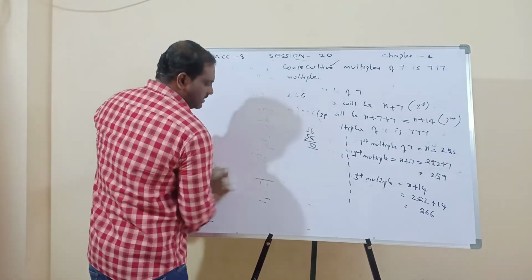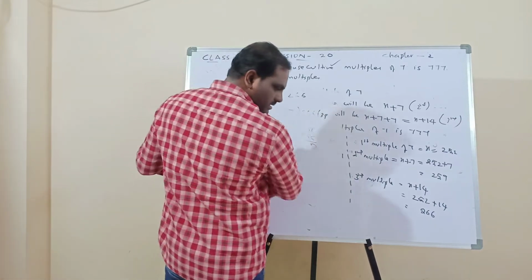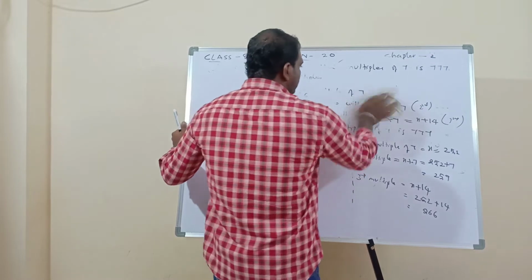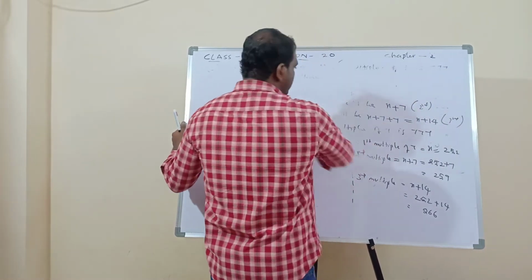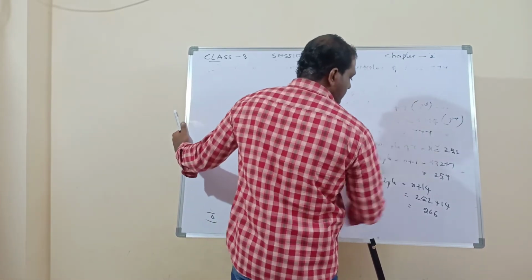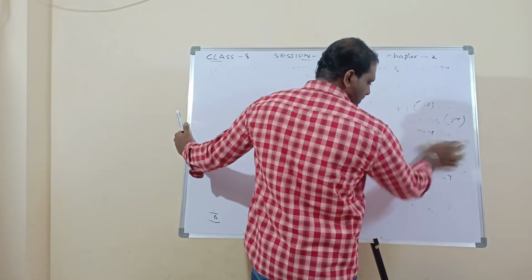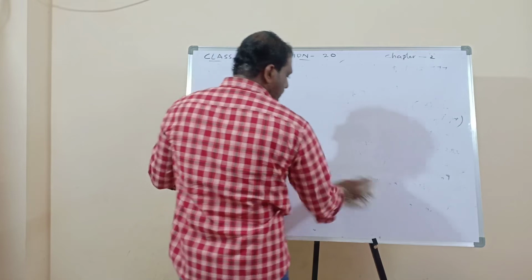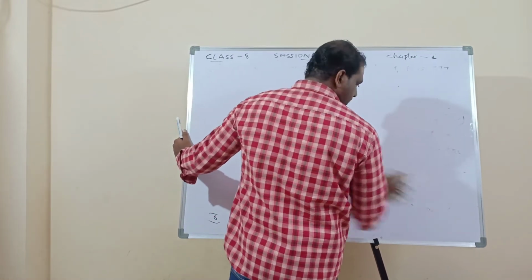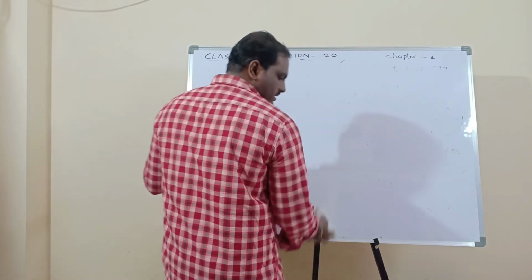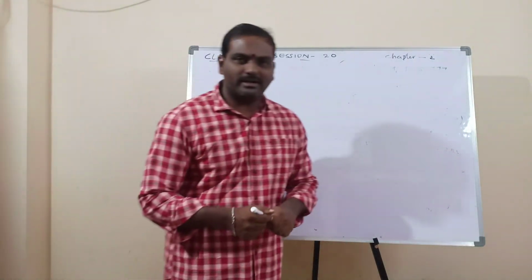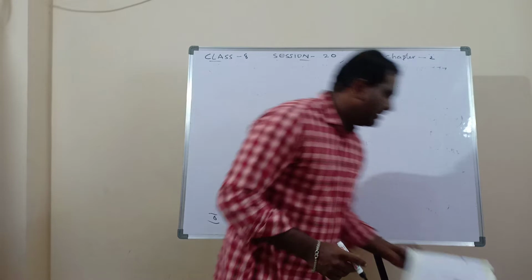Next, I'll go for the next sum. Actually, I thought to finish the 3 sums in 20 minutes, but I took 20 minutes for 2 sums only. So already it was 22 minutes. Okay, I'll take some more time and I'll finish the third question also. Because if I give 2 sums, you are writing within 5 to 10 minutes. Yesterday I observed.